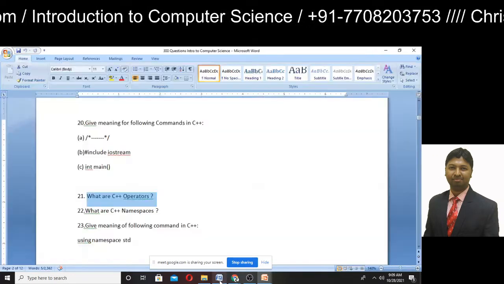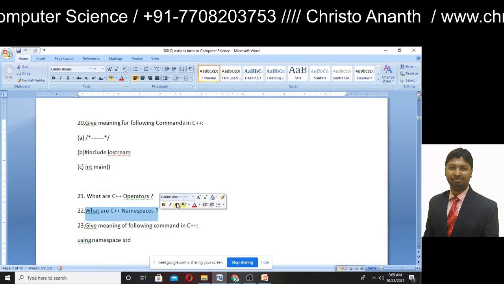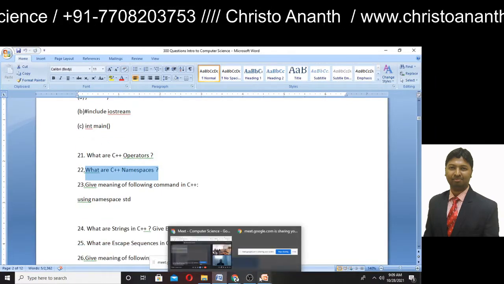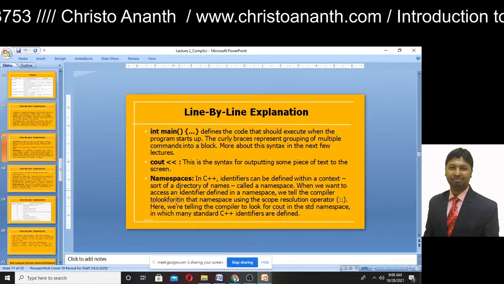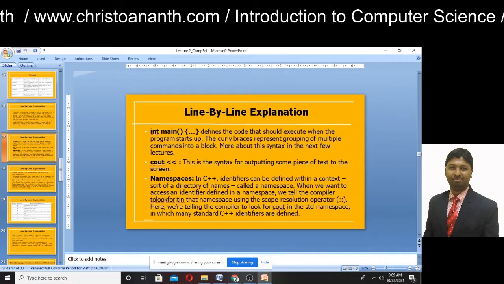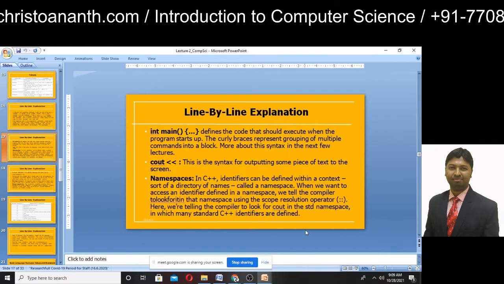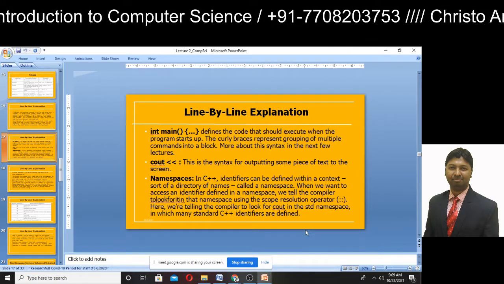And also, we have another question. What are C++ namespaces? Now you asked me this question, namespaces. So you can give: in C++, generally identifiers can be defined within a context. So a sort of directory of names is called a namespace.